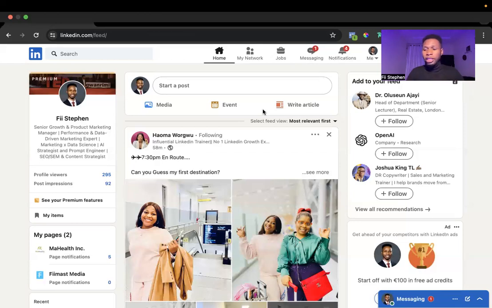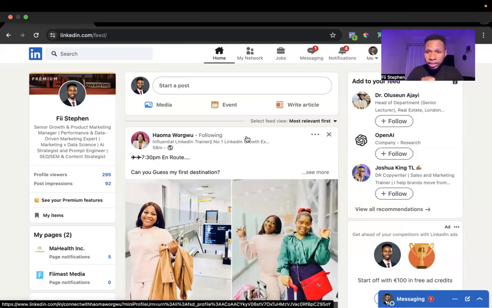So you want to make sure that your content is talking to your potential buyers, is talking to even people that are selling, and also potential investors. Really, really important. So what types of content can you create on LinkedIn as a realtor? What type of content can you create? The first type of content you can create are articles and posts.